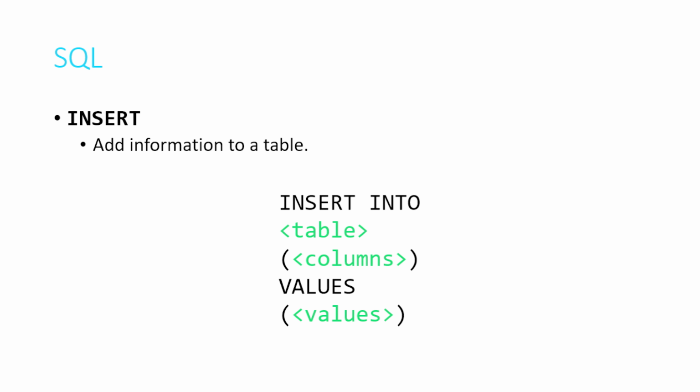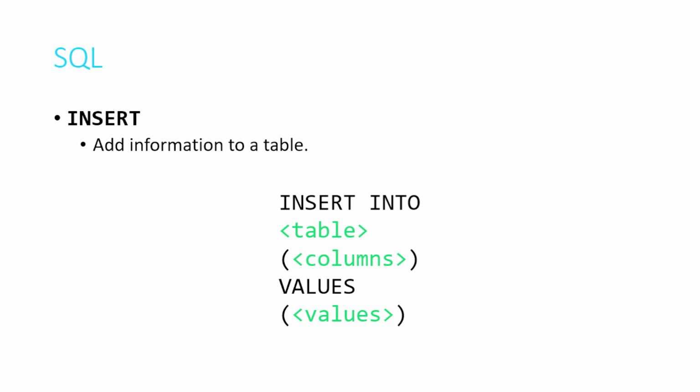And then we'll use a couple of examples of that query to see how it affects our table. So an insert query, in general, looks something like this. Insert into table. So we specify what table we want to insert into. And then we have parentheses columns, which is a comma-separated list of all of the columns of our table that we want to insert data into. Then we have values, and then a comma-separated list of the values that we want to put into those columns